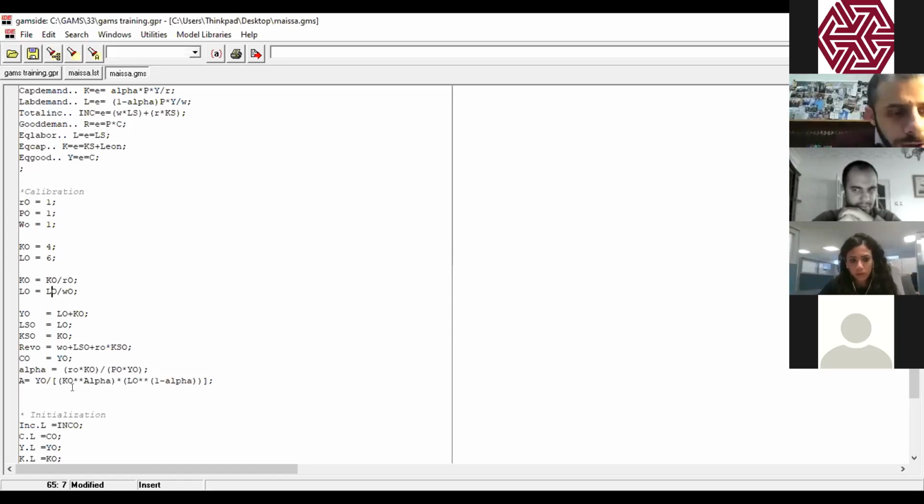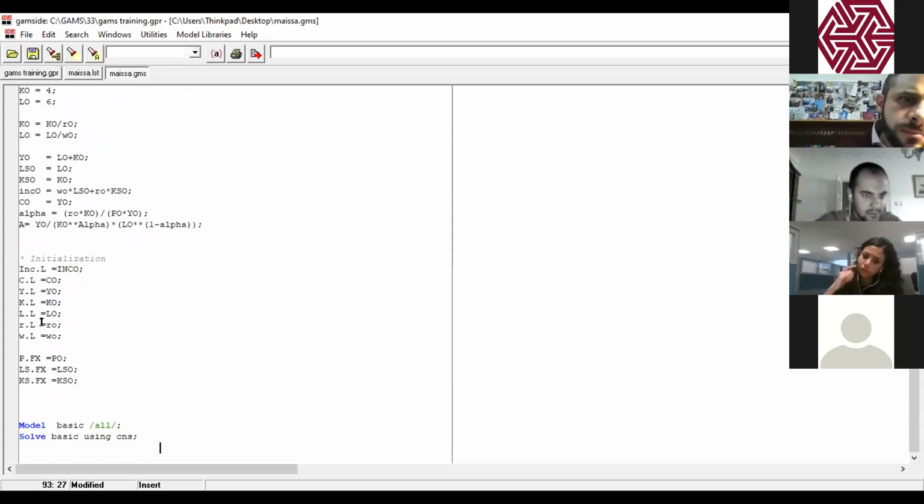So Maisa, you have to correct here in the calibration 3 things. First, you have to use ink O instead of rev O because you declared it up there ink O. Exactly. So it has to be ink O. That's one. Two, you have to multiply WO by LSO. Here you're having a summation. Finally, you have also a square bracket that you have to remove in the calibration. Exactly. Down, please.